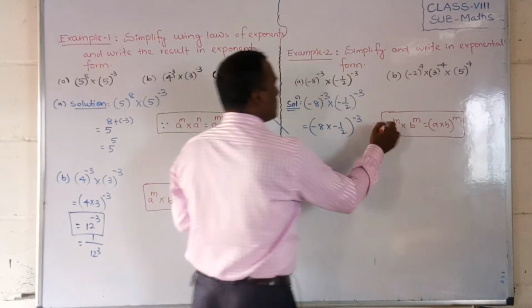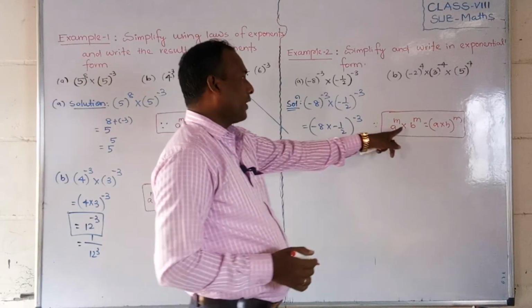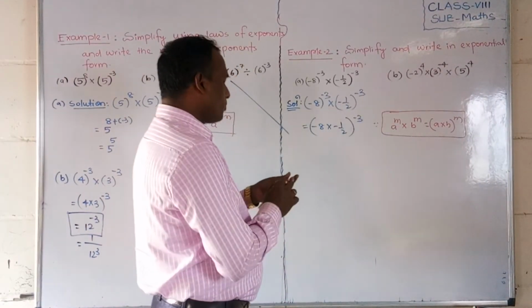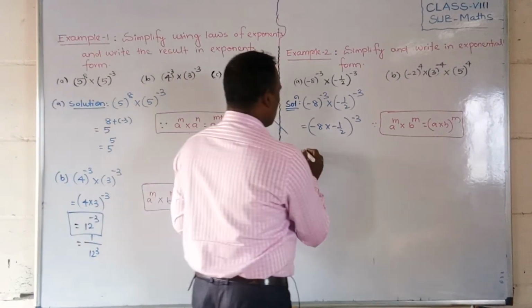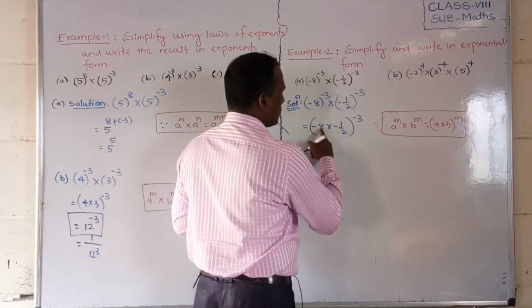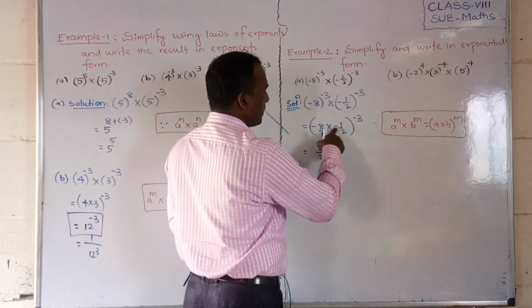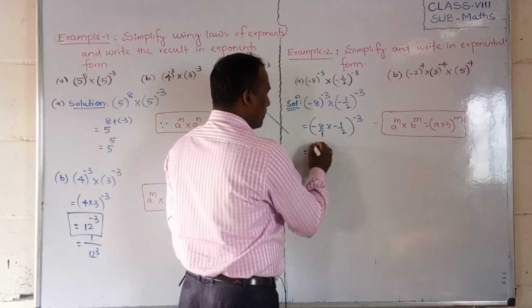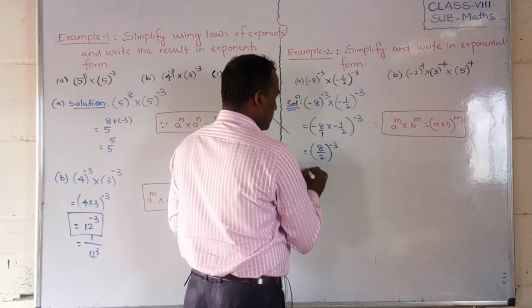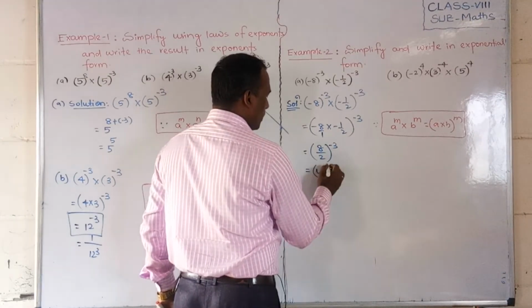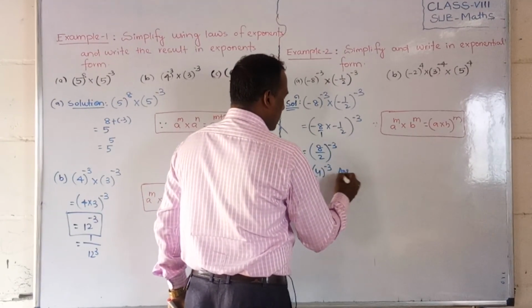Students, this formula is very essential. So with this formula we are doing it, that's why you have to write it. Then if we multiply, what will we get? 8 by 2, because here 1 is there, minus times minus is plus, 8 1 is 8, 1 2 is 2, whole power minus 3. If we cancel this, we will get 4 power minus 3. This is our answer.